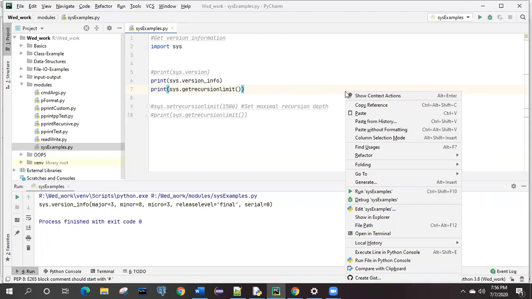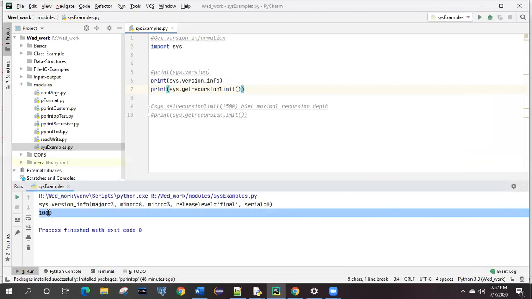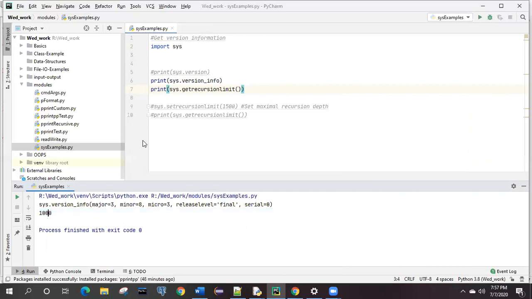Now sys.getrecursionlimit. Recursion we will talk about in some other program or example also. But here you can see we are simply making use of getrecursionlimit. It means the maximum number of times a function can be called recursively, one inside another, how many times it is getting called. By default it is 1000 times in Python. As you can see, it printed 1000, but what if you want to change it? You want to set your own custom value. This is the way you can set it, the same thing you have seen, right?